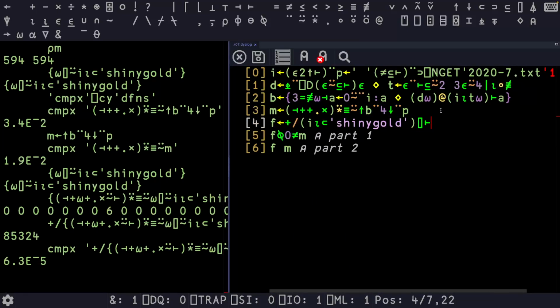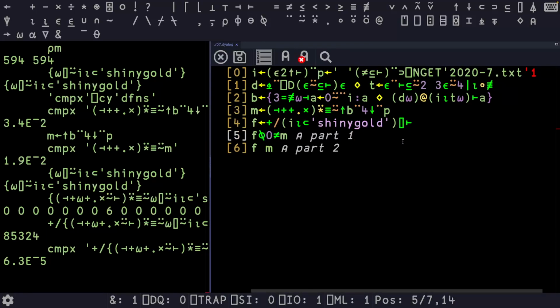The reason that I don't do it here is simply because the formulation is a little bit longer, and I really value concision in my solutions. Cool, yeah. So just some things to think about, performance considerations. This is 2020, day 7. We're at what, 7 lines here. Yeah, I really like this